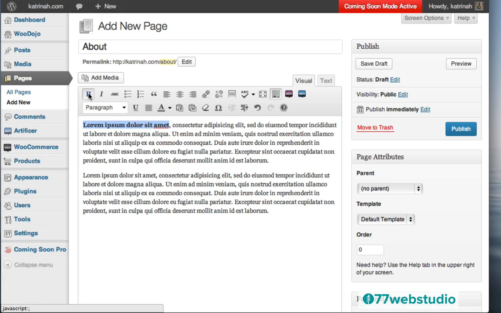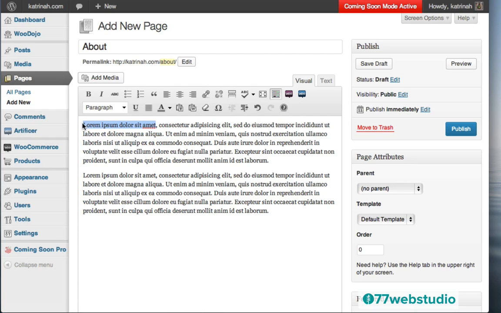So the other good news is that you don't have to memorize what all of these icons are. You can just hover over each one of them, and when you hover over them, you'll get a small yellow tooltip that tells you what the particular icon does. So we see the first one is a B and it's bold, and then when I hover over the I, it's italics, then you have your strike through, you have your unordered list, you have some links here, and so on. So you can kind of just check out all of these different icons and see what they do. I actually am not going to add any formatting to this right now, so I'm just going to undo this formatting by clicking on this button here, which is the Remove Formatting Eraser.